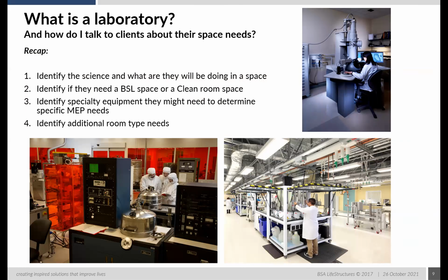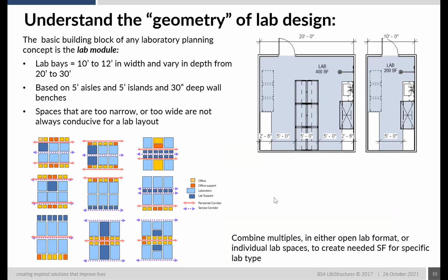In understanding the lab design, it is important to understand the basic geometry. We like to think of them as lab modules or lab bays. As you can see in the diagram to the right, there's a 20-foot module, which we call a full module, or a half module, which is 10 foot wide. We really base those on the way a lab functions. You've got your wall benches at about 30 inches. You've got your island or your peninsula that's typically about 5 feet wide. And then good lab practice is for 5-foot aisleways. So when you think of these as building blocks,